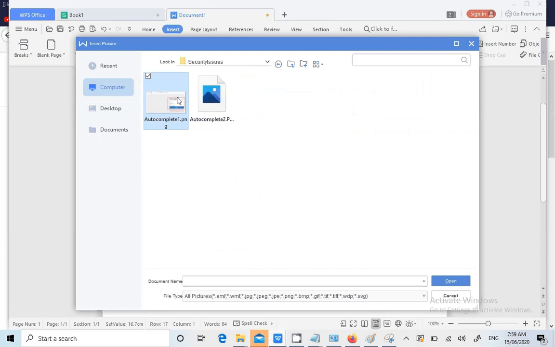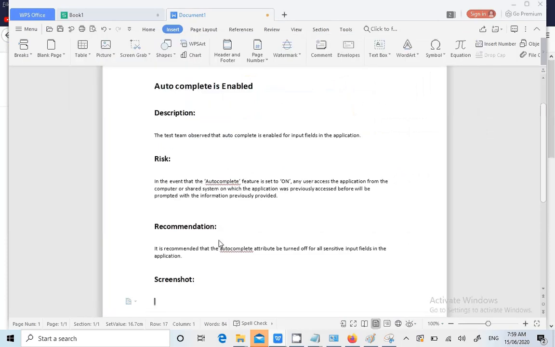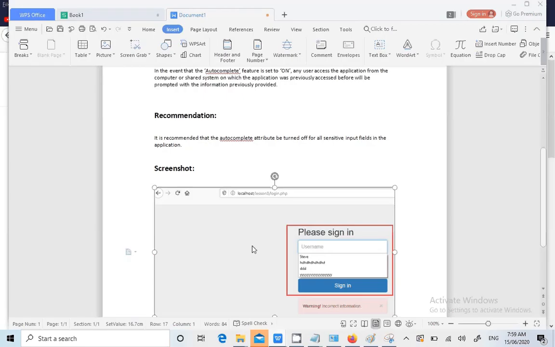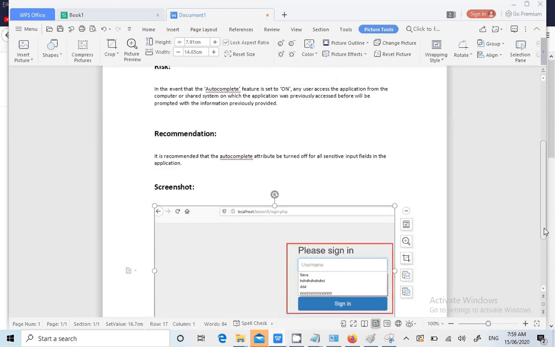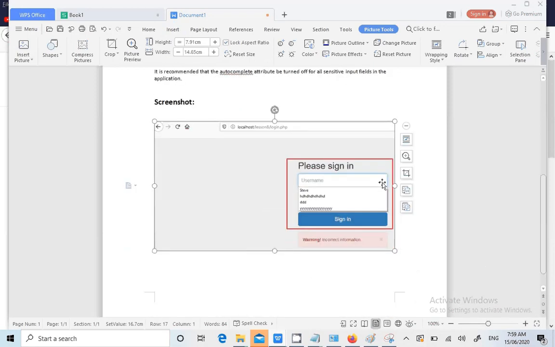The first issue loads the screenshot now. Yes, it loaded properly. You can adjust the screenshot to the window like this.